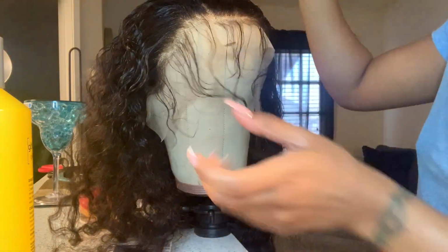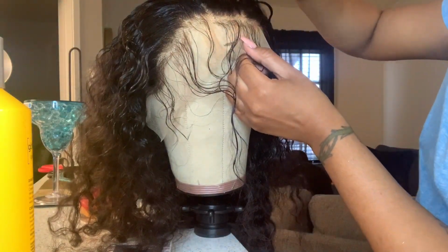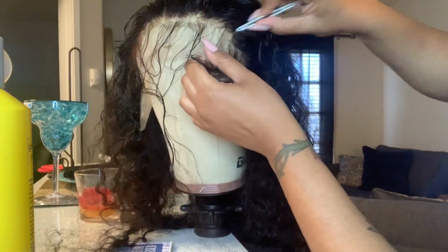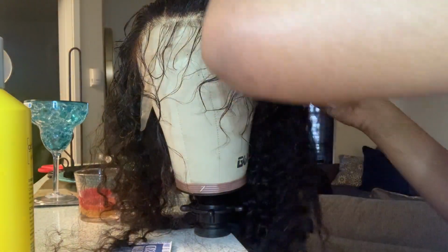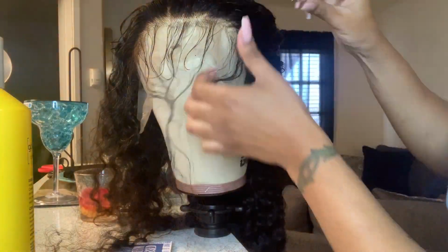And when I pluck, please don't be heavy-handed when you pluck, because I promise you you'll have a bald spot. I had plenty of bald spots before. Please be careful. It looks like I'm being heavy-handed, but I'm really not. And, yeah, I just pluck